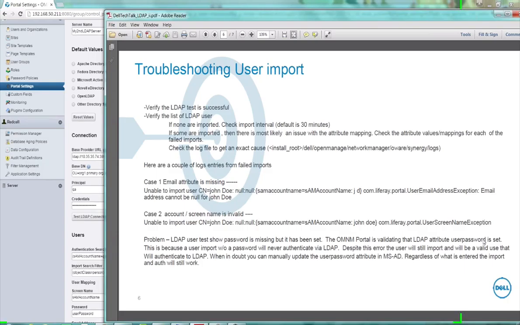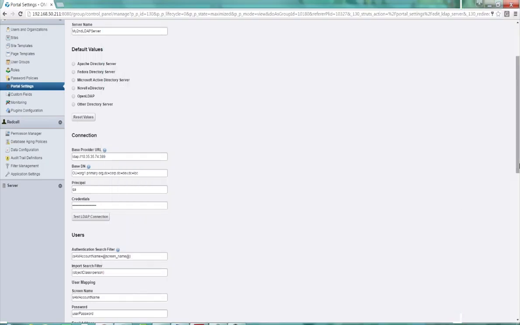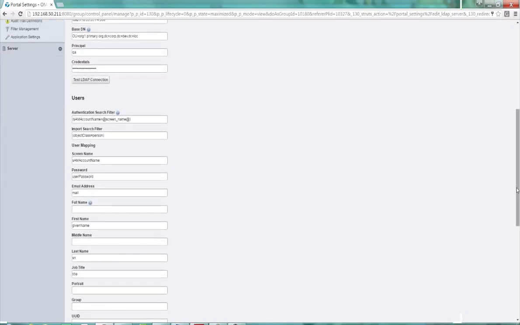It appears that as long as the user has a password in LDAP already that has been set up, the user will still import and will still function properly, even though you're getting this error. But if you want to get around it, you can manually set this attribute, user password, to any value, and it will still work, so it shouldn't be a problem. Just a note that you might get that error when you're testing users,